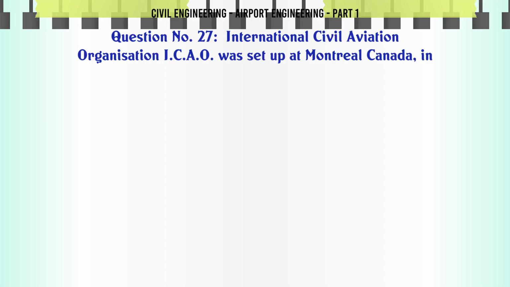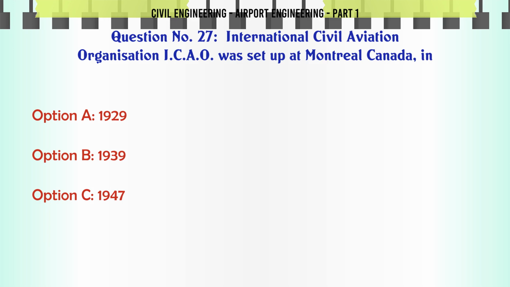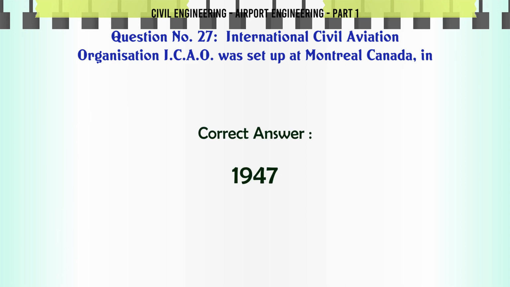International Civil Aviation Organization, I.C.A.O., was set up at Montreal, Canada, in: A. 1929, B. 1939, C. 1947, D. 1950. The correct answer is